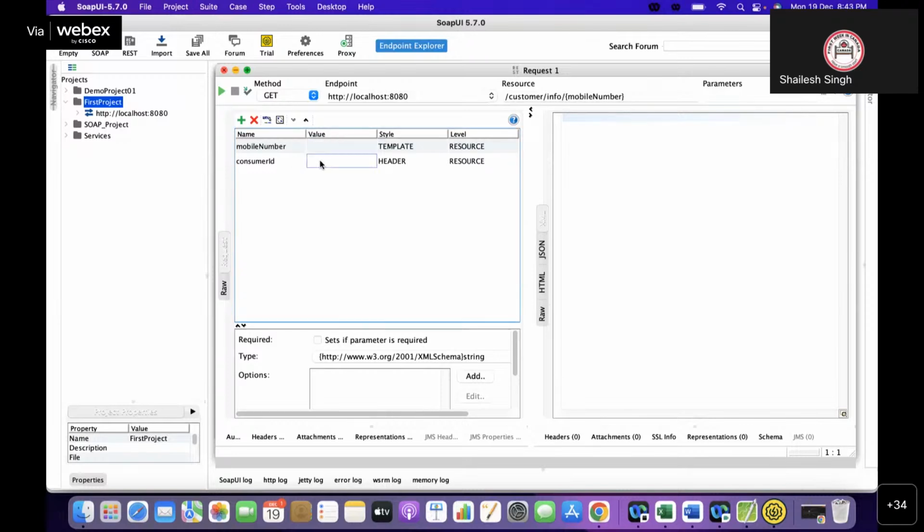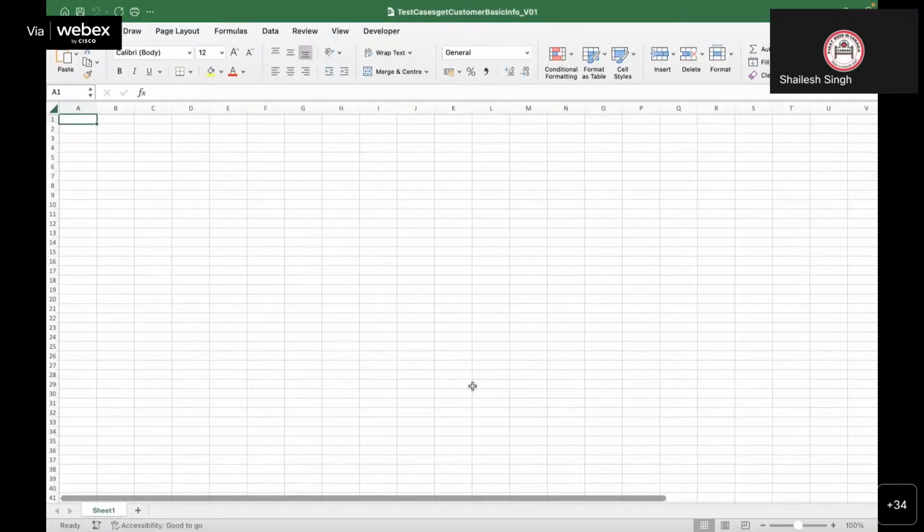Okay. So now your service is ready to be tested here, but your service is not deployed yet, right? Not developed yet. So what you will do is open any application. If your company is using HPALM or any plugin in Jira, you can write your test case there. But most of the companies still use Excel to write the test cases